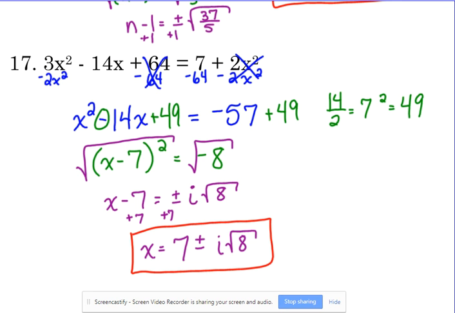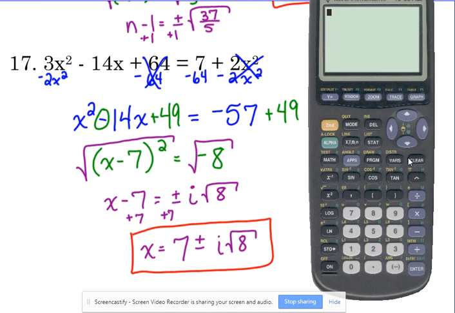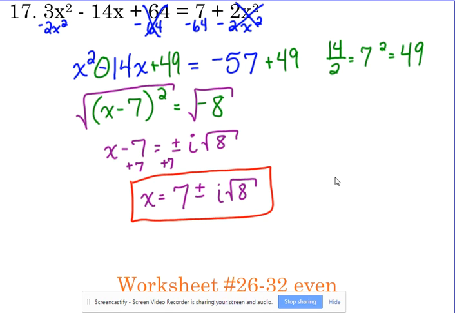So just like with the quadratic formula, it is possible to get imaginary answers out of completing the square. And I can check those just like I checked my other answers. But you can't leave the i out when you check the answer. You have to include the i with your answer when you're trying to check it, or it won't work out. Okay. Exact same decimal values there, left side, right side. Okay. So I want you to practice with completing